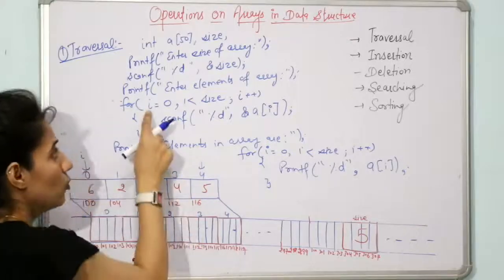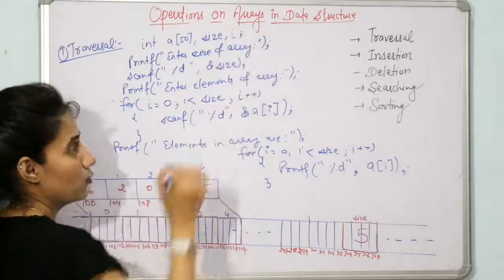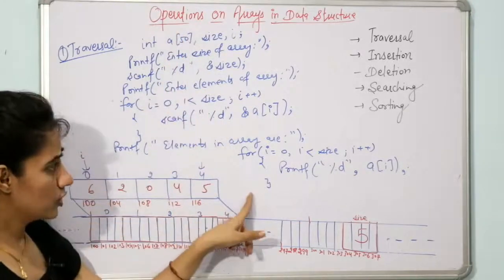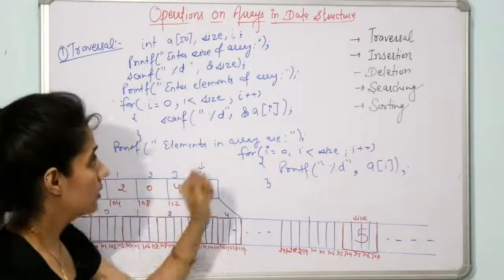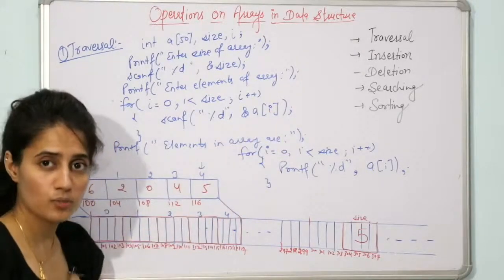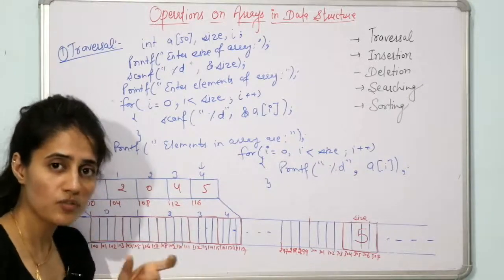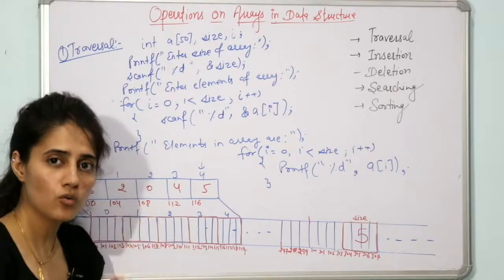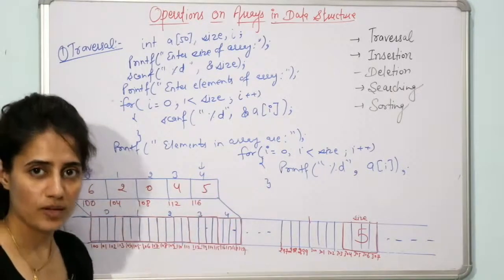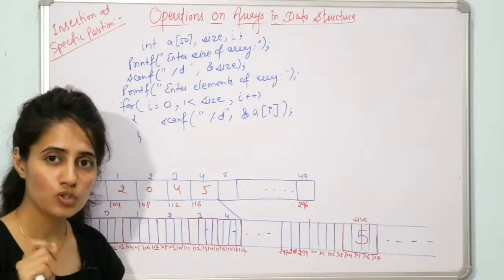See, here we are using one more variable, that is i, so you have to declare this variable here before. Fine. So I guess you can write the header files and you can execute this program. Next we will discuss how data is to be inserted in the array at a specific position, because if you get how data can be inserted at a specific position, then you can easily modify the code for inserting data at the beginning and at the end of the array. Fine. So now we will see how to insert an element at a specific position in an array.